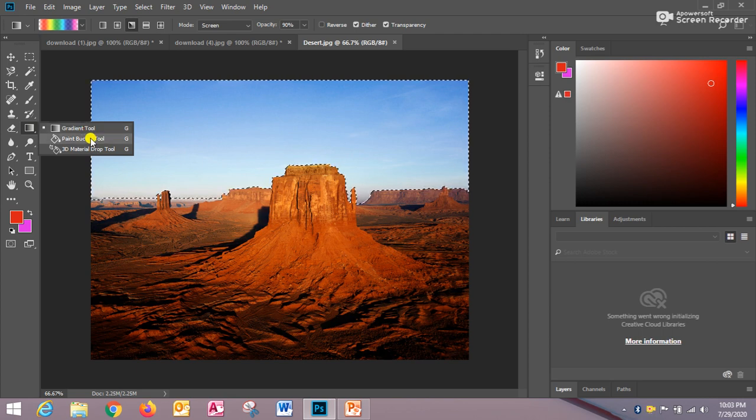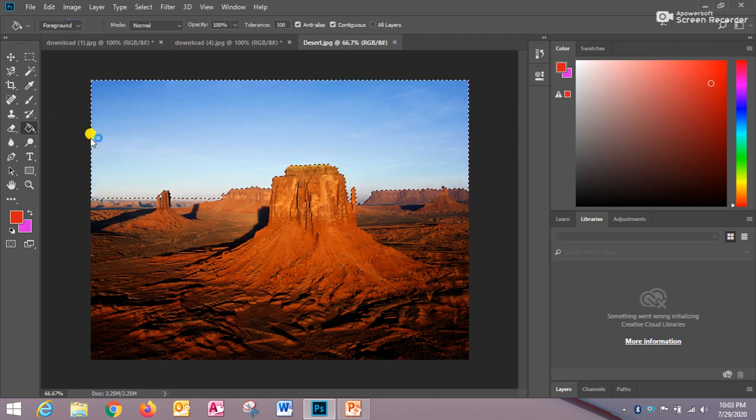Select the paint bucket tool from the tools panel, right students, and click onto the set foreground color option. This is the colors panel. This option is used for foreground color and this is for background color, and here also same, this is used for foreground color and this option is used for background color.